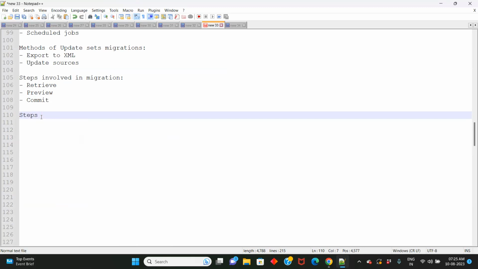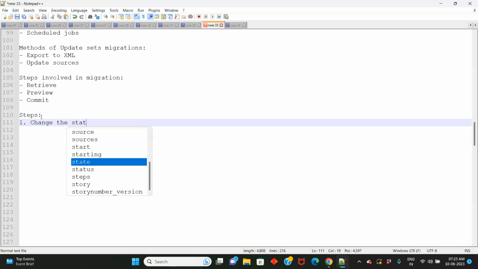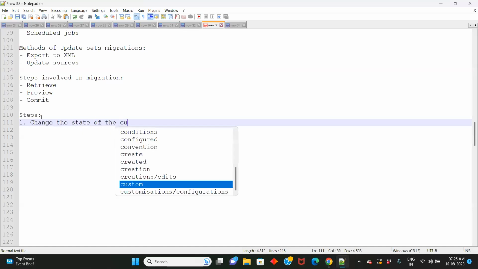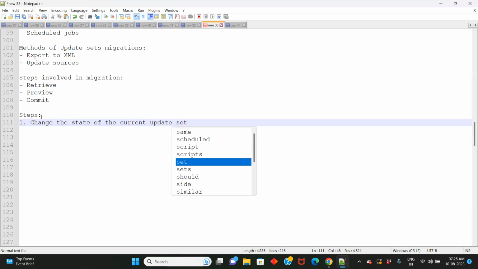So first is change the state of the current update set to completed,